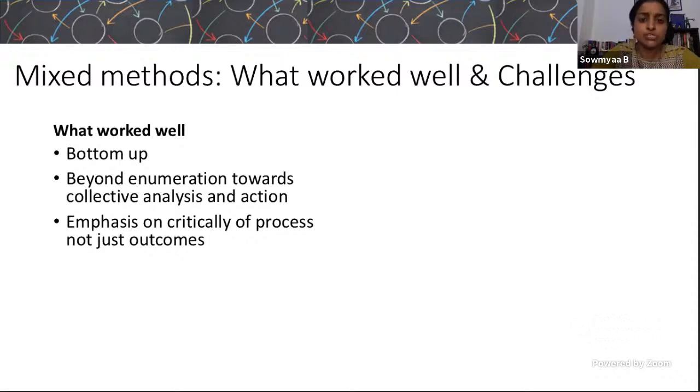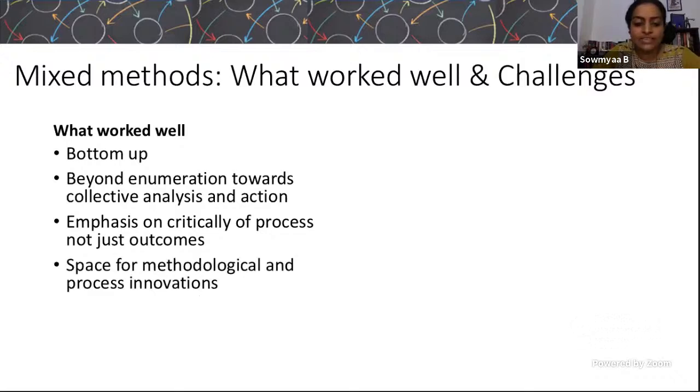The process for us was far more important, or maybe as important as the outcomes themselves, because the idea was about being able to generate a critical consciousness and awareness among the respondents and communities that were having that lived experience. This also allowed us a tremendous amount of flexibility for process-related innovations, many of which happened from the first process onwards over the 3.5-year lifespan of the entire